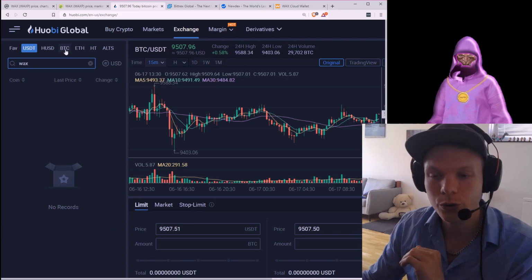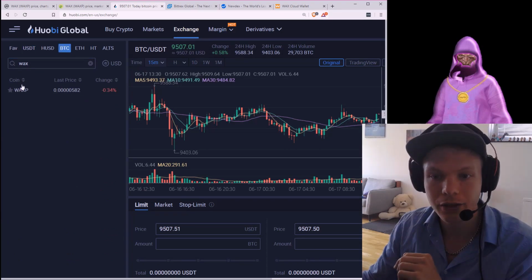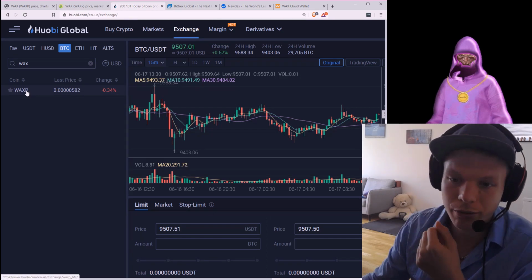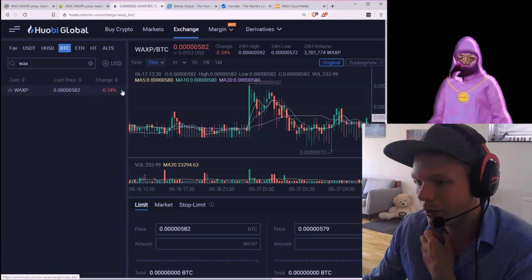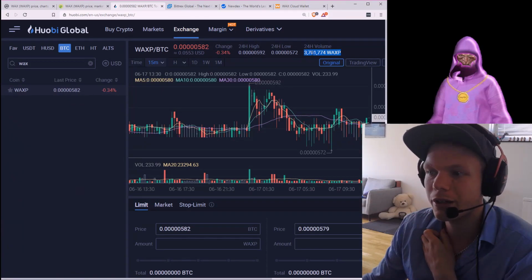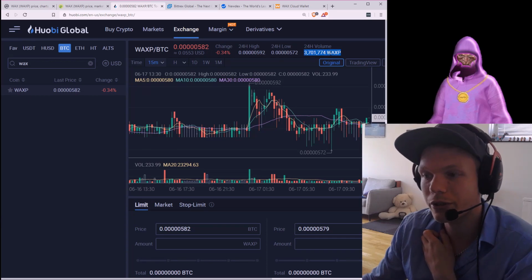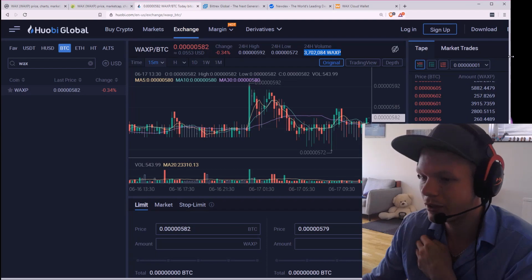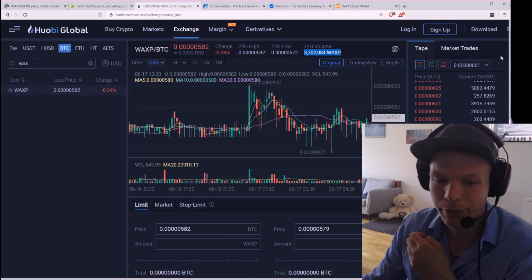No, it doesn't, because on Huobi you only have the Bitcoin pairing. You can see here Wax. Wax P stands for Wax Protocol, so this is the correct token. If I go here, I can see that today there has been 3.7 million Wax traded in the last 24 hours on this exchange, which means unless you want to buy a ton of tokens, it's probably enough liquidity